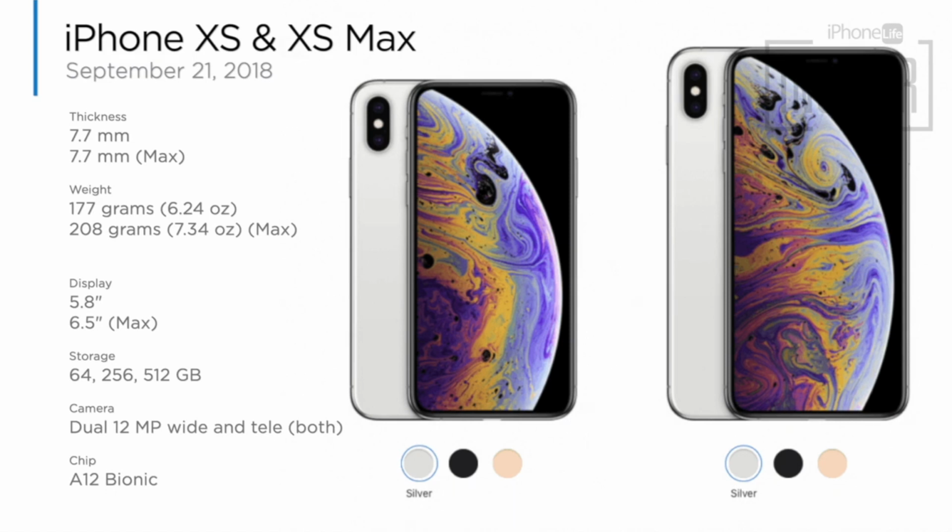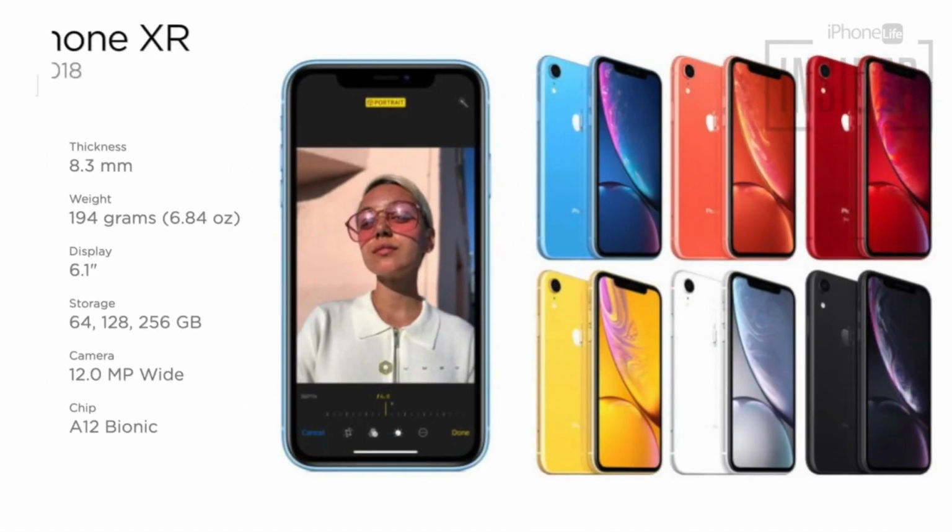The biggest upgrade might be the smallest. The A12 Bionic chip increased the processing power while decreasing battery drain. The iPhone XR was also announced at the September 2018 event, but wasn't available right away. Because it was the cheaper of the new models, quite a few people decided to wait for the XR to become available. These iPhones were smaller than the XS and the XS Max, but still bigger than the 7 and 8 Plus. The display was not as crisp as the XS or XS Max, but with the Liquid Retina HD display, the difference wasn't too noticeable. The model also had the front-facing camera and came in way more colors than the XS or XS Max.